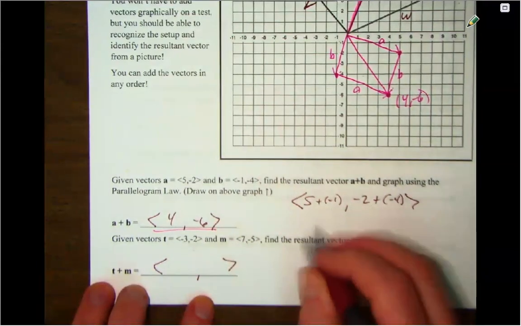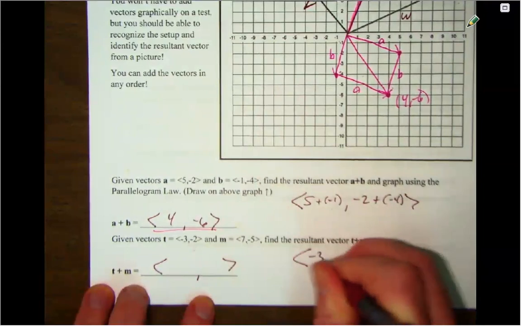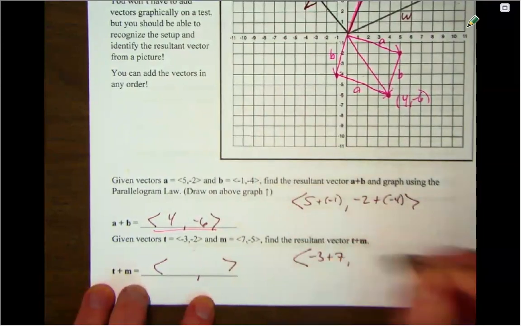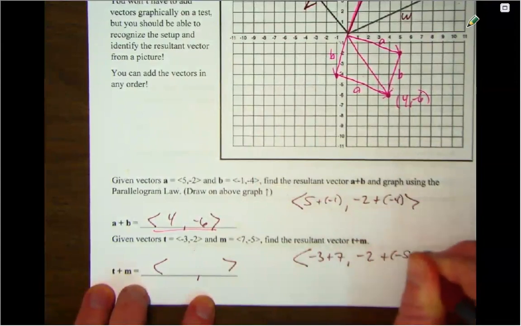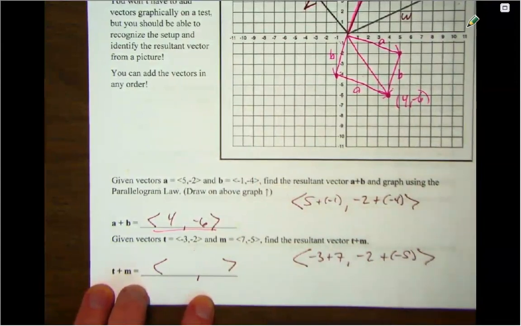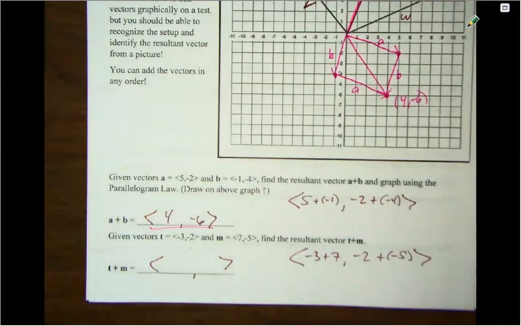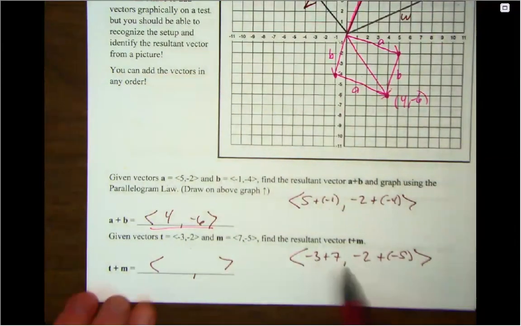So combine the X's, watch your signs. Combine the Y's, watch the signs. And we get... I got something else in the chat box. Oh, that was from the first one. So this one ends up being 4,